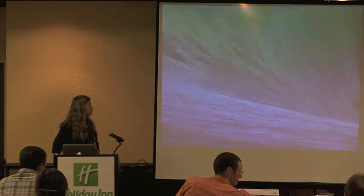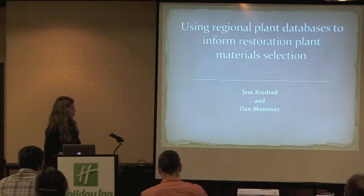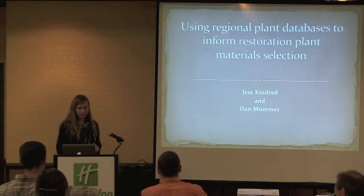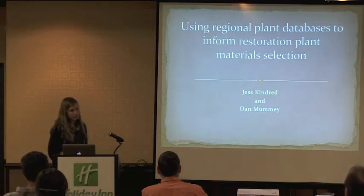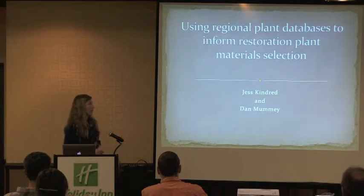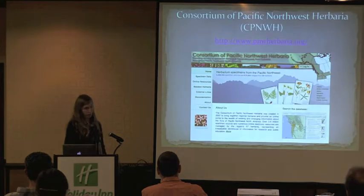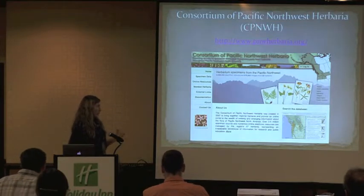So, as Phil said, and as Dan also talked about, I've been working with Dan this winter to explore traits data that may enhance restoration applications, and particularly in regional databases. And we were really curious about the Consortium of Pacific Northwest Herbaria, which we got to from curiosity about University